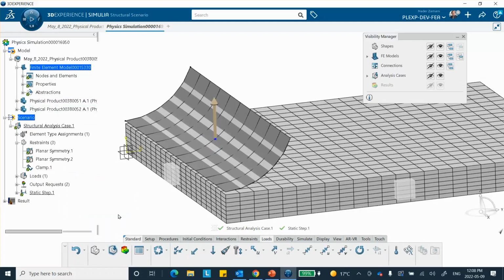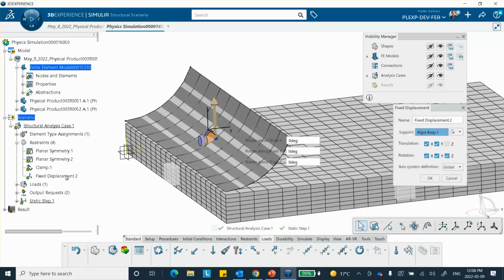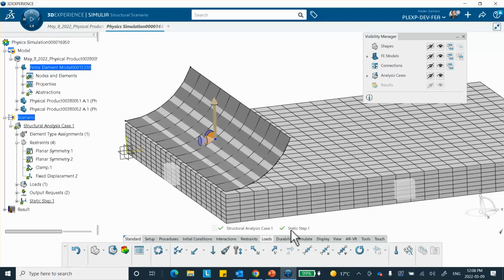I'm sorry, I inadvertently deleted something which I didn't mean to. Okay, right there. This is the one that I did. Fix displacement. Okay. Now translation